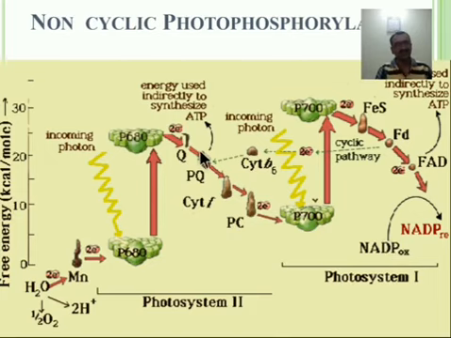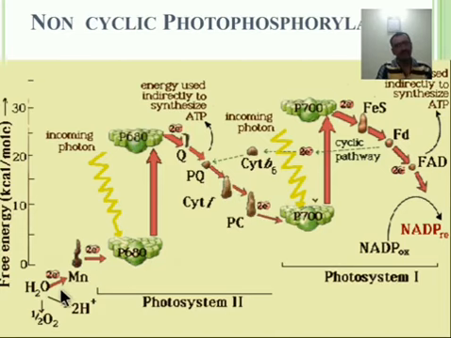Let us see here. ATP molecules are generated at this stage. Energy is used indirectly to synthesize the ATP molecule on the path from quinone to plastoquinone. In this way, two energy rich compounds, ATP and NADPH plus, are synthesized here. There are two types of photophosphorylation, cyclic and non-cyclic, and this is the first type, non-cyclic photophosphorylation, because the electron transport is in a unidirectional manner.